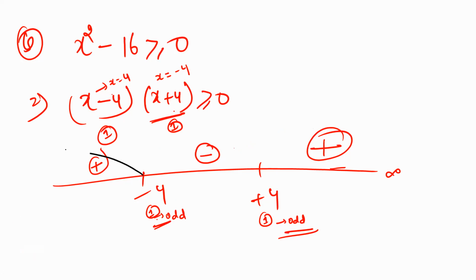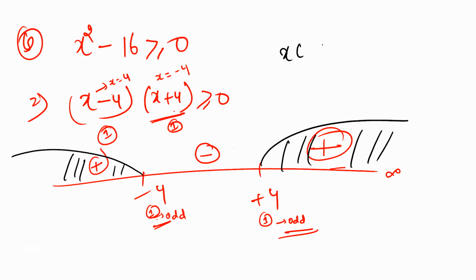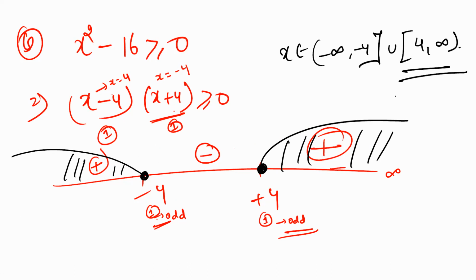greater than equal to 0 कहाँ है, पॉजिटिव वाला पॉजिटिव जब यहाँ पर है ना, तो हमारा आंसर क्या होगा, ये रीजन। इक्वल टू भी है तो x बिलोंग्स टू व्हाट, अब देखो इक्वल टू भी है, तो हम लोग इस वैल्यू को भी लेंगे, इसको भी लेंगे, ठीक है। सो -∞ से -4 ये क्लोज होगा, यूनियन 4 से इंफिनिटी होगा, ठीक है। ये हमारा कंप्लीट आंसर होगा।